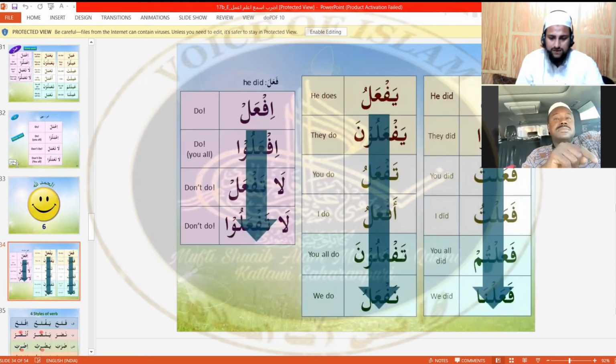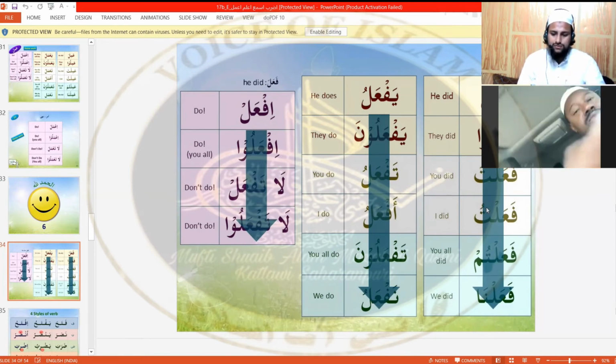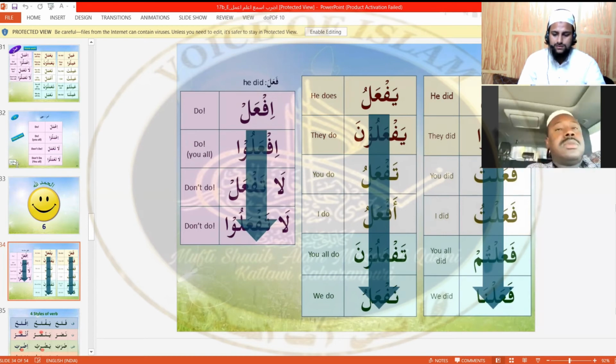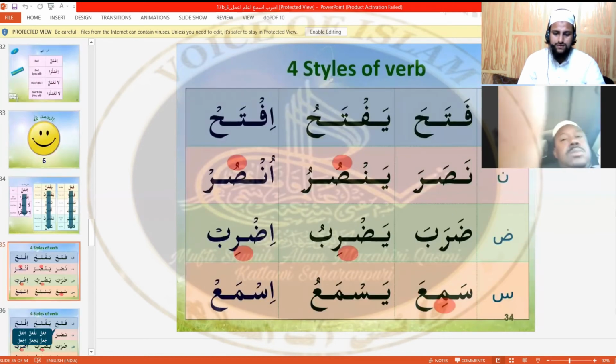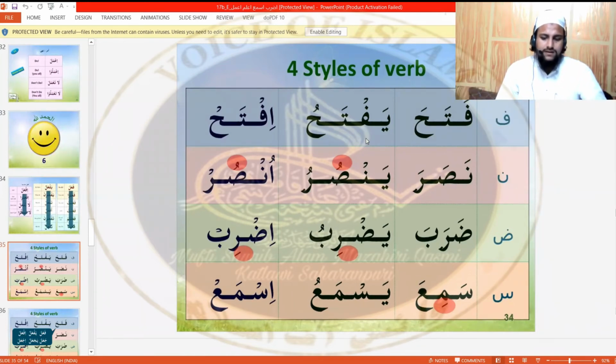So you remember this one, fa'ala, and these are the signs. MashaAllah, you know the four styles of verb: fataha, yaftahu, iftah; nasara, yansuru, unsur; daraba, yadribu, idrib; and sami'a, yasma'u, isma'.